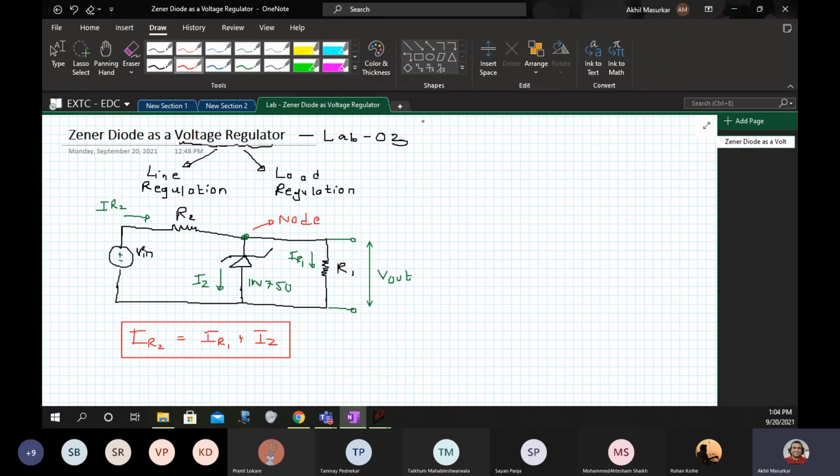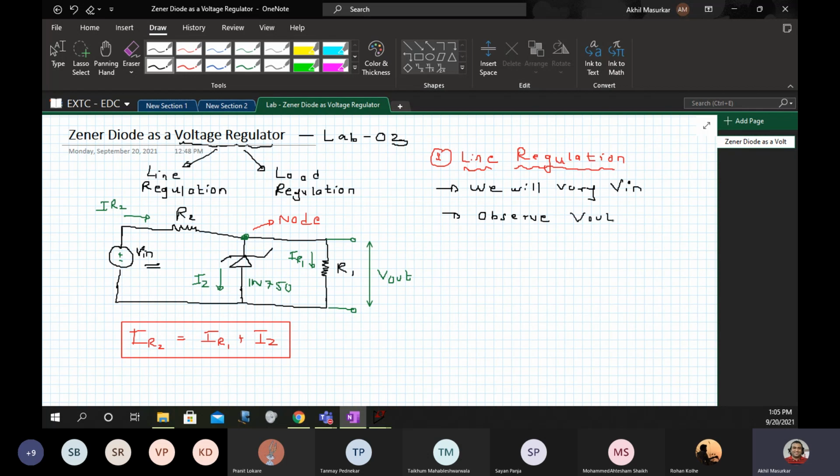Now, as far as line regulation is concerned, we want to change the input, because this is the input line voltage. So we will vary Vin and observe Vout.